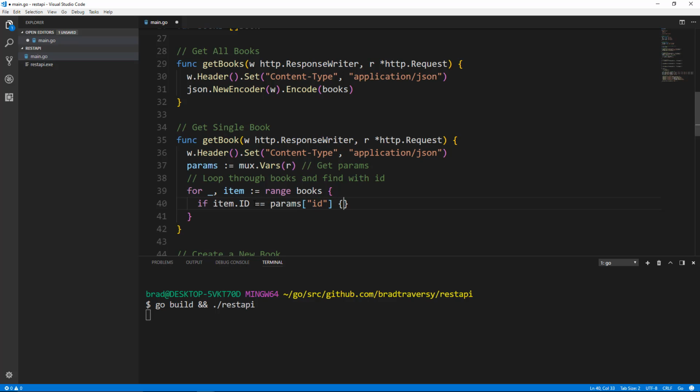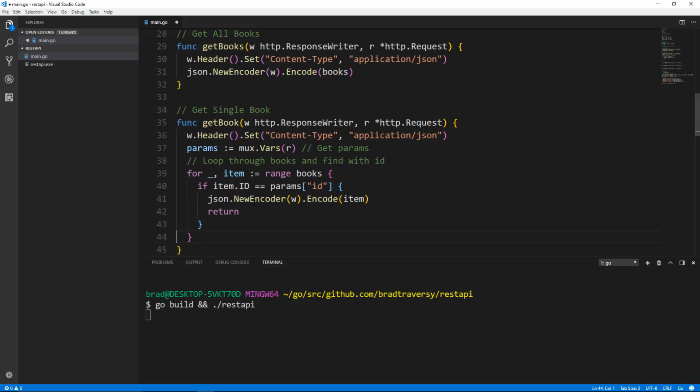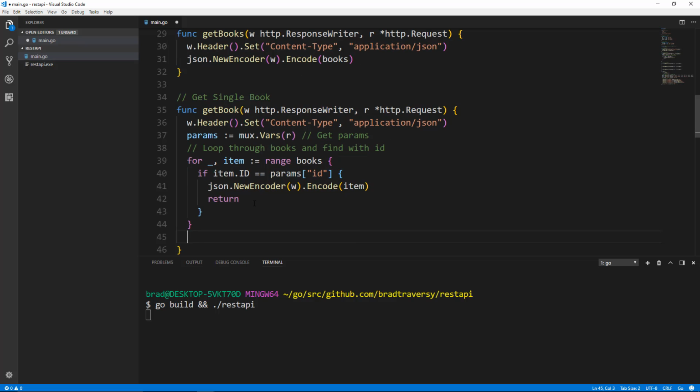If it is, then we're going to say JSON.NewEncoder and pass in our response writer, and then call encode just like we did above in the other one, and we're going to just output that item, the single book. And then we want to make sure we just return from this, and then we're going to go down below the for loop here and say JSON.NewEncoder, w.Encode, and then we're going to pass in here